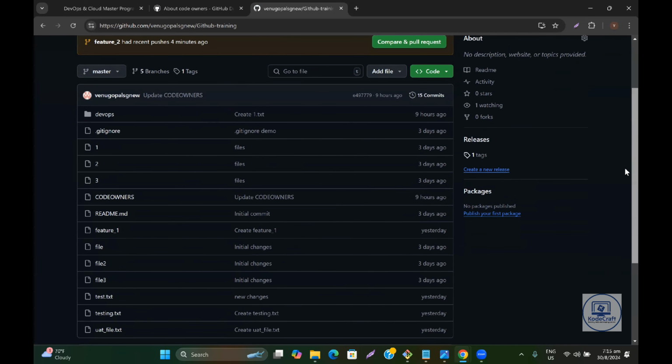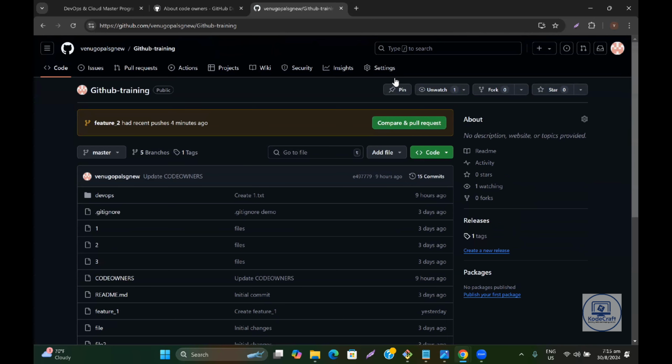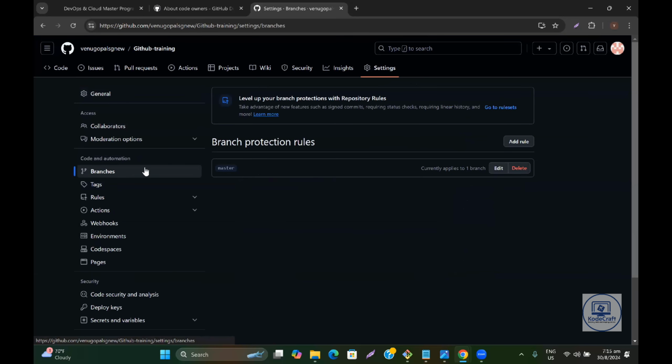So Venu, can we do it at repository level instead of branch level? No, this is branch protection rules. This cannot be done at the repository level. These are branch protection rules. See, if you look at here, right, branch protection rules. Get it, but branch usually,